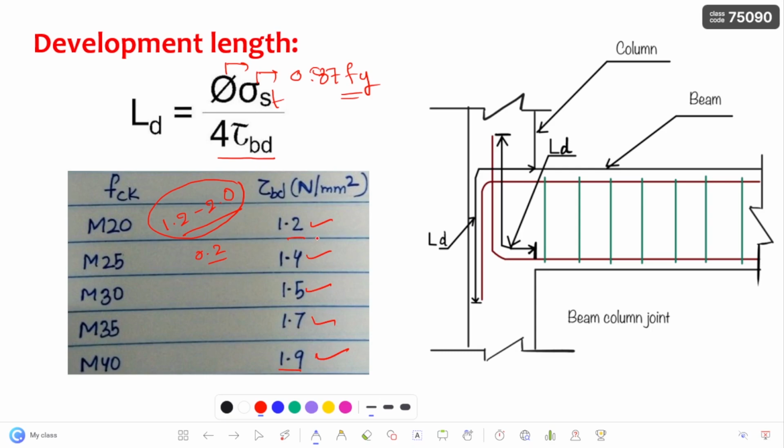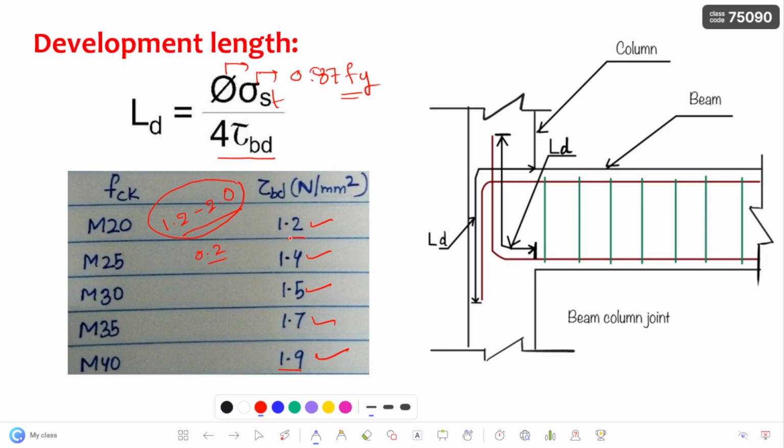That very little variation will not cause much effect in the exam. I am just increasing the probability of solving the question in the exam. If you remember it this way, whatever value you use, you will get an answer near the options given in the question. Okay, hope you are getting my point. Okay, next, after that,